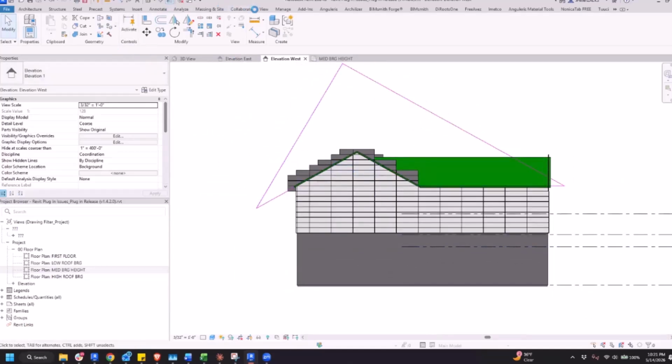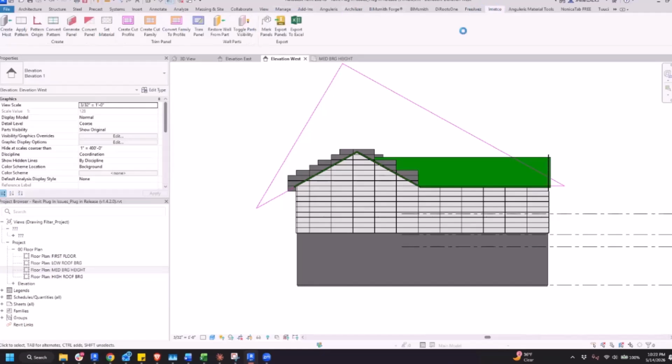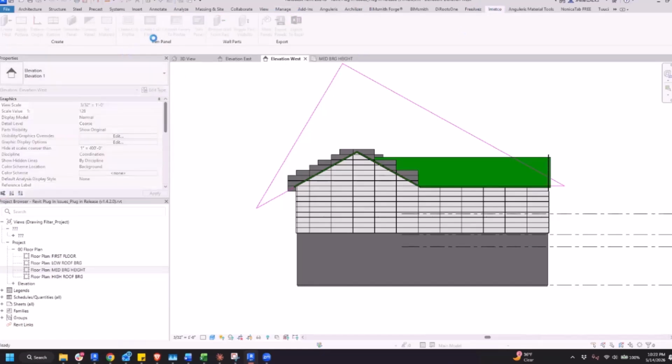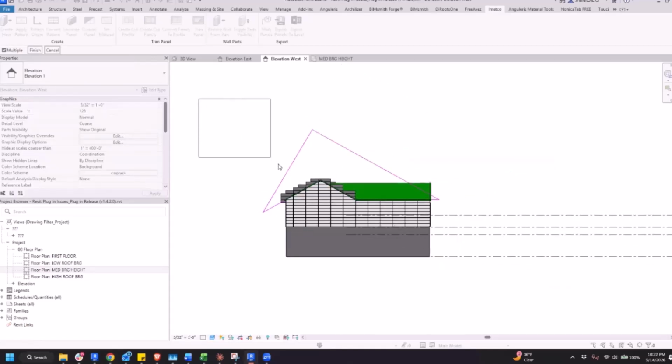The way I always imagine voids in Revit is it's essentially taking a white piece of paper, and I just cut out what I have to put over, to cover up what I want to cut. That's essentially what you're doing. You're creating the sketch of what you're trying to cover, or quote unquote cut. Right. And then